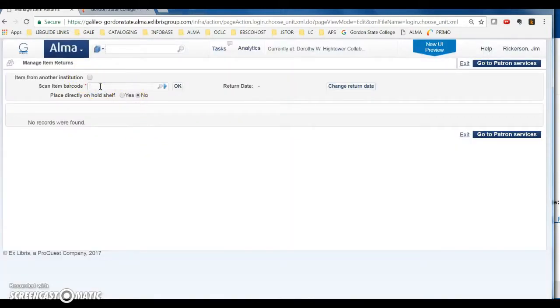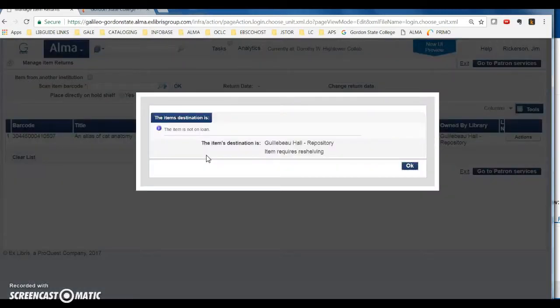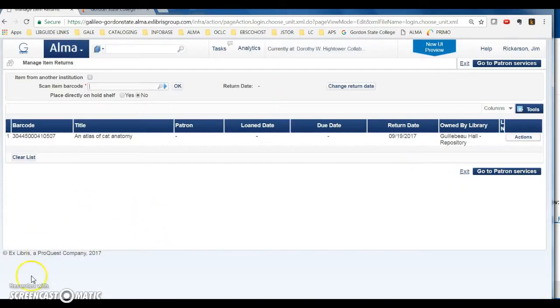All we have to do is enter or scan in the barcode and click OK. I already checked it in, so it says item not on loan, but it normally wouldn't say that. It says the item's destination is Gillibo Hall Repository, and it's going to send the transit slip to the circulation